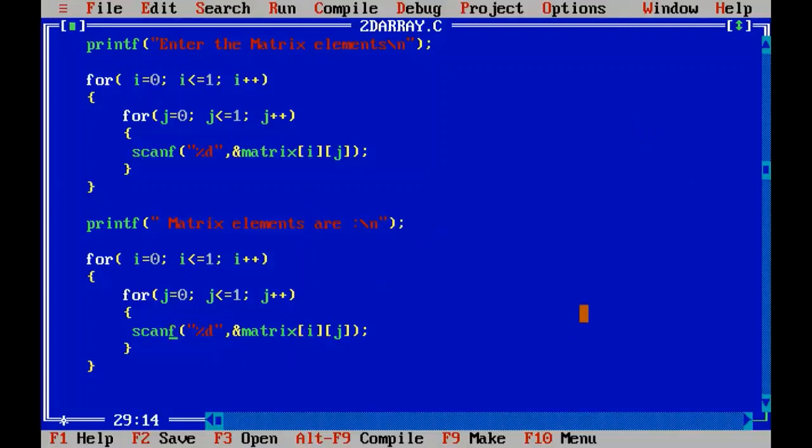Instead of scanf, I'll use printf. Here I'll put the backslash t character to have more space between the elements. And after one row gets over, I'll have the backslash n character because it has to move to the next line, right? And here we should not have this ampersand.